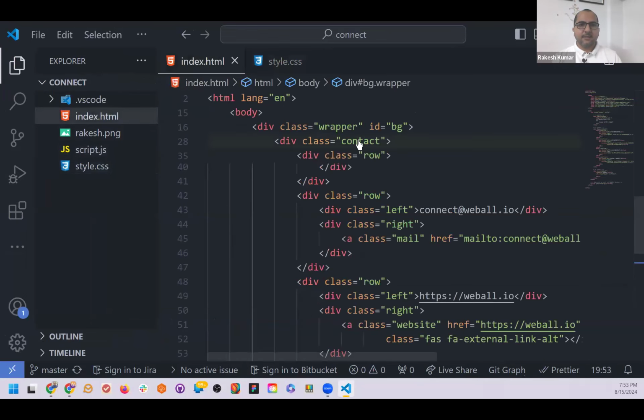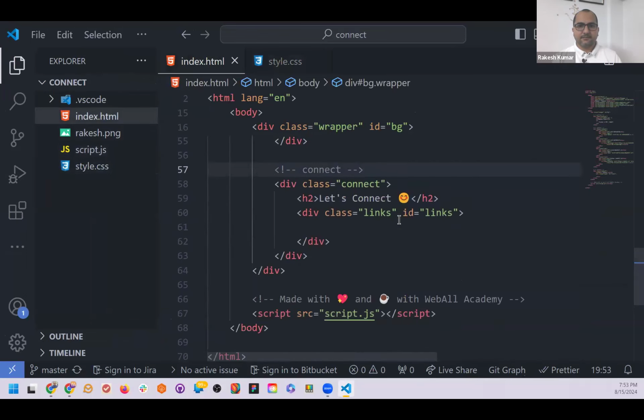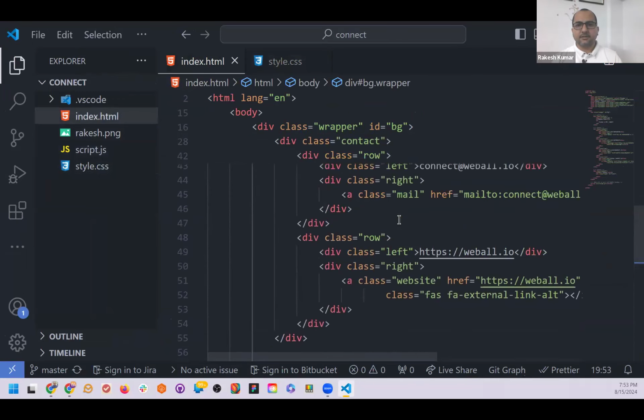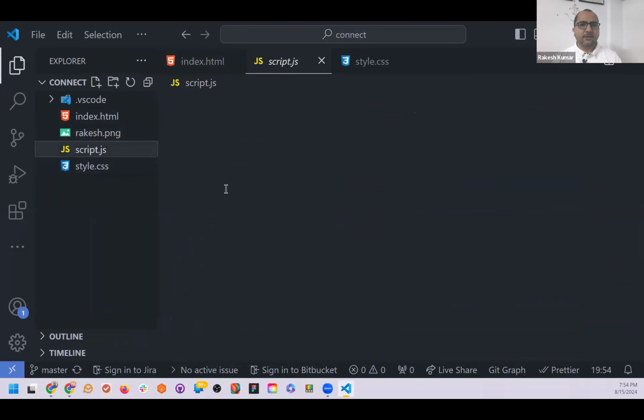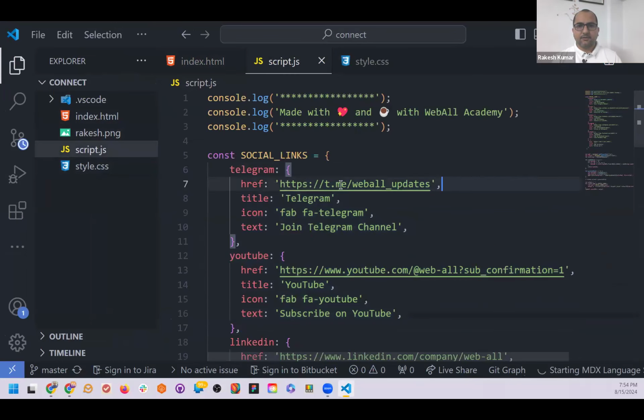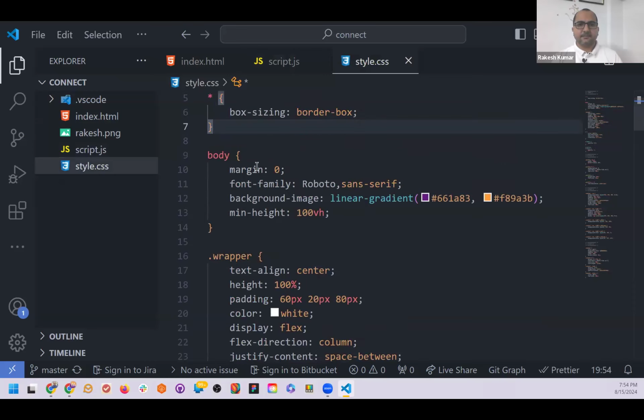So index.html is where your information is. Whatever is visible to the user, that information. This is the image. In script.js, you have the social links. You have to update these social links. And style.css is the colors. And line number 12,